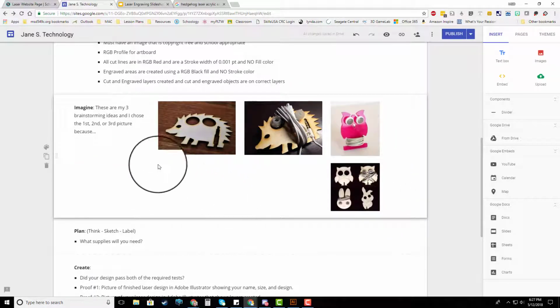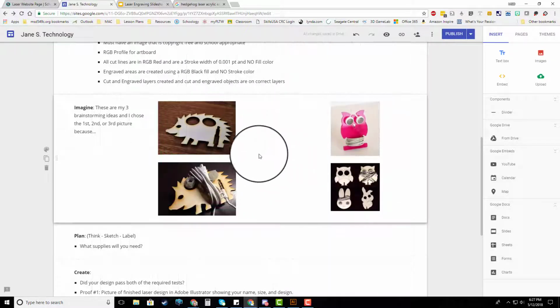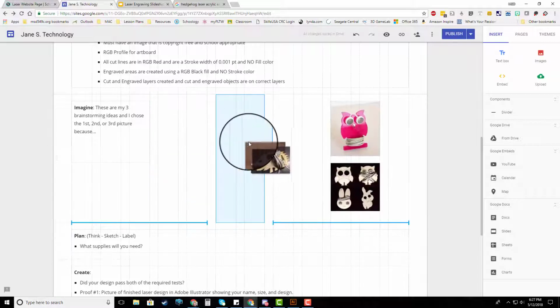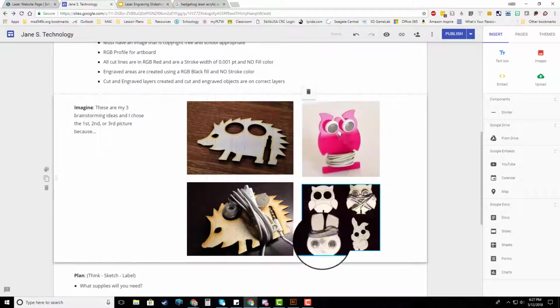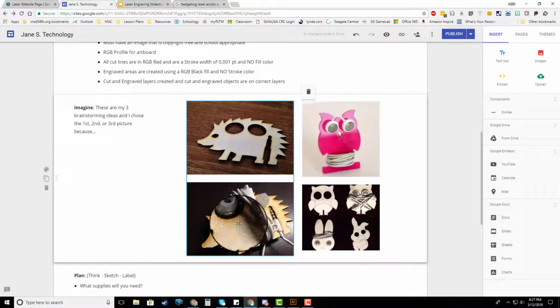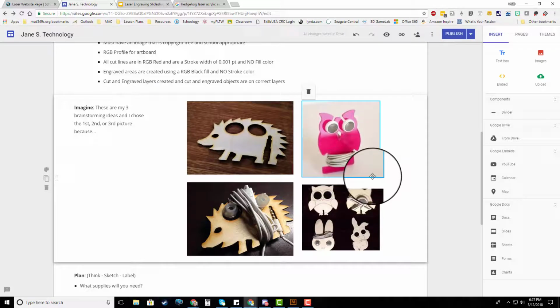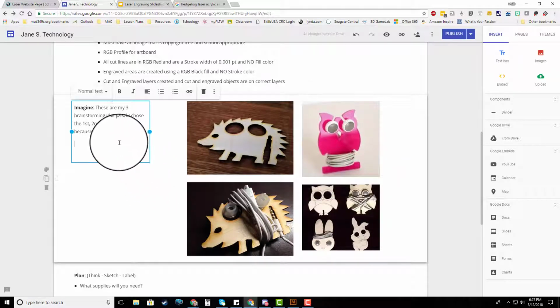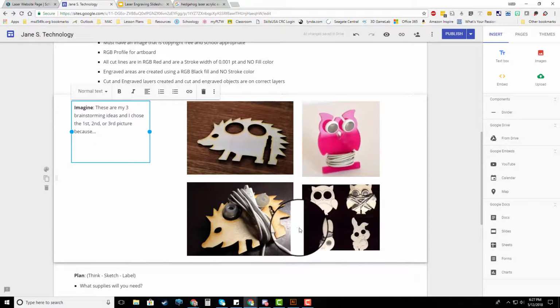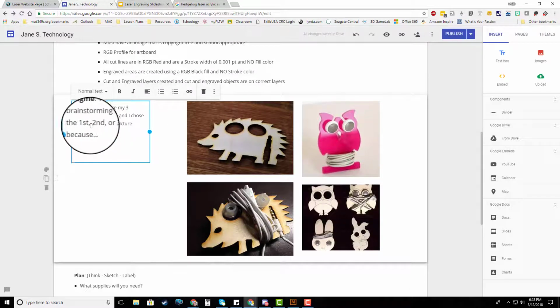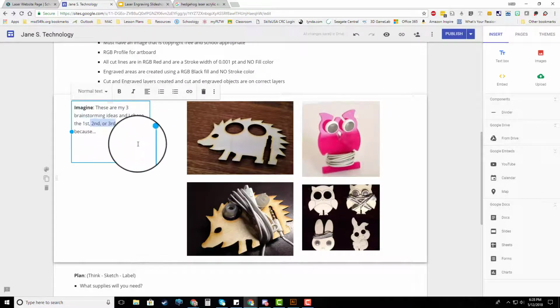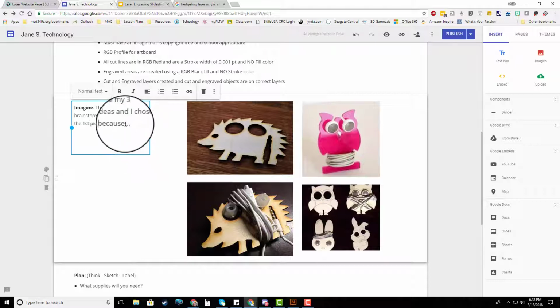Okay, so however you want to do it, you just want to try to get the pictures up here together. So remember how I said that I wanted both of these just to show what it looked like with the earbuds and without. You don't have to have that. So I have 4 pictures. Okay. So then once I did this, I would say which one of these pictures I like the best and why I chose it. Okay. And so I'm just going to say I chose the first picture. So I'm going to get rid of that part. Okay. Because